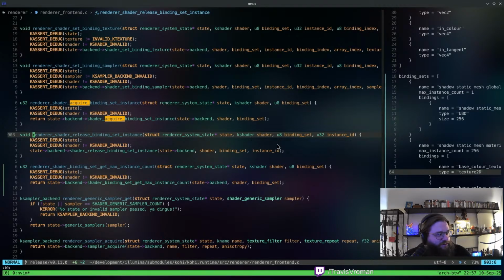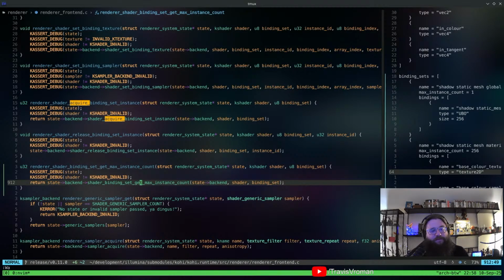No way, getters and setters in C. Yeah. So, this is one of the only places I think it makes sense, right? Because we have this binding set, and then it's a getter for that. I'm not a huge fan of it, right?